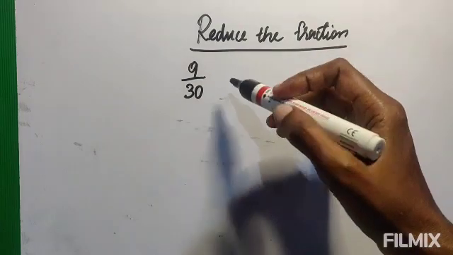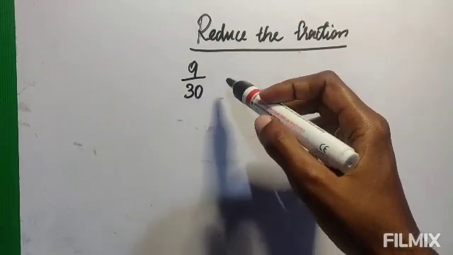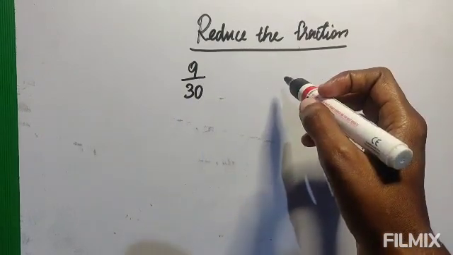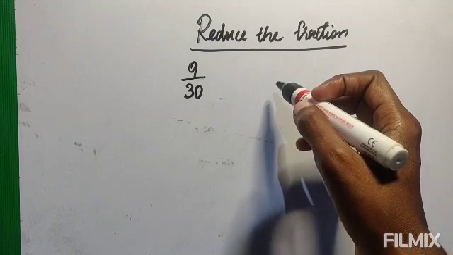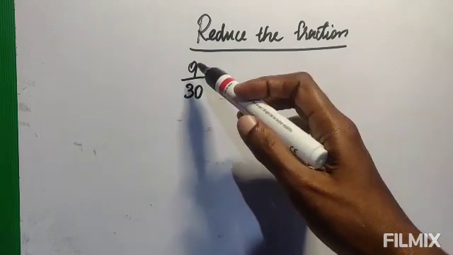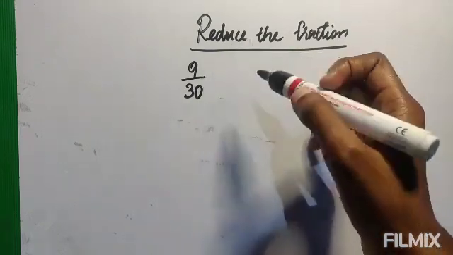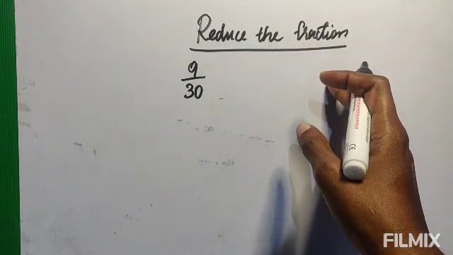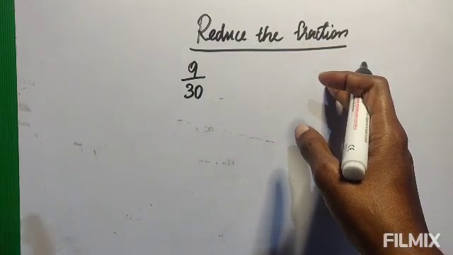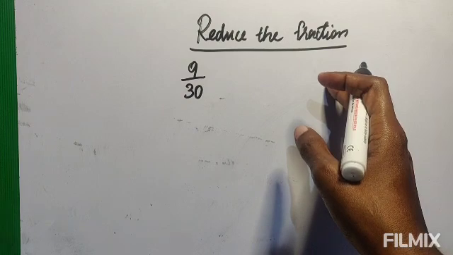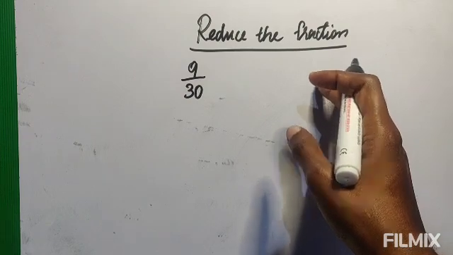Okay, now listen. Let's take the division method first. I will tell how to do it using the division method. It is not given in the book, I am giving it. 9 and 30. You have learned the divisibility test, and you have learned the prime numbers also. You must know the prime numbers and the divisibility test, then only you can do